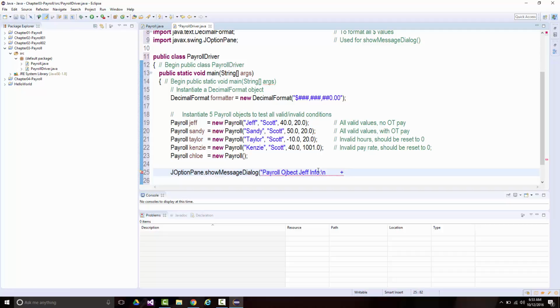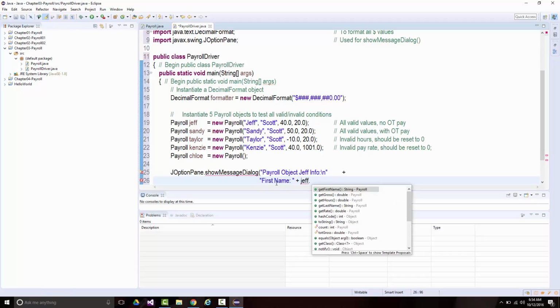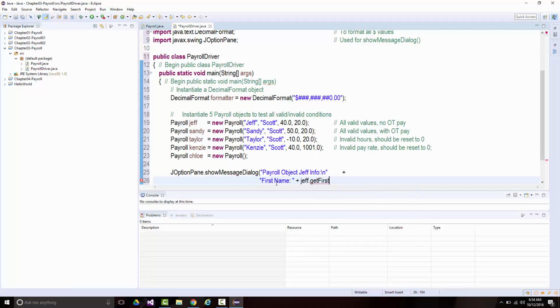So if it looks funky, that's why it looks funky. All right, first name. Now notice that what I'm going to do here is say plus Jeff.getFirstName, plus a blank line plus